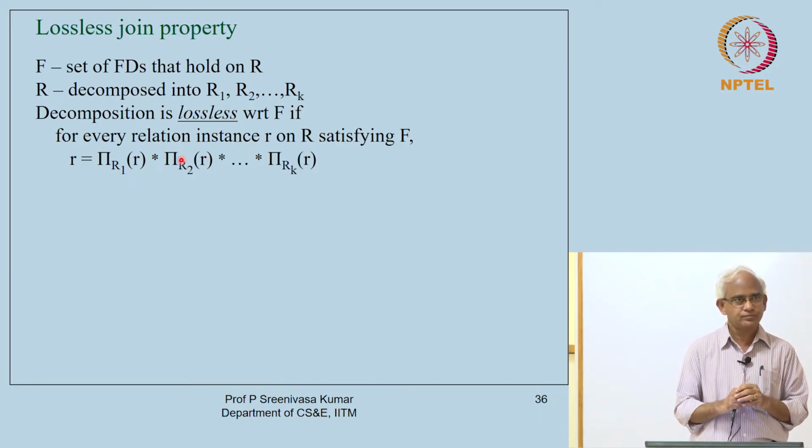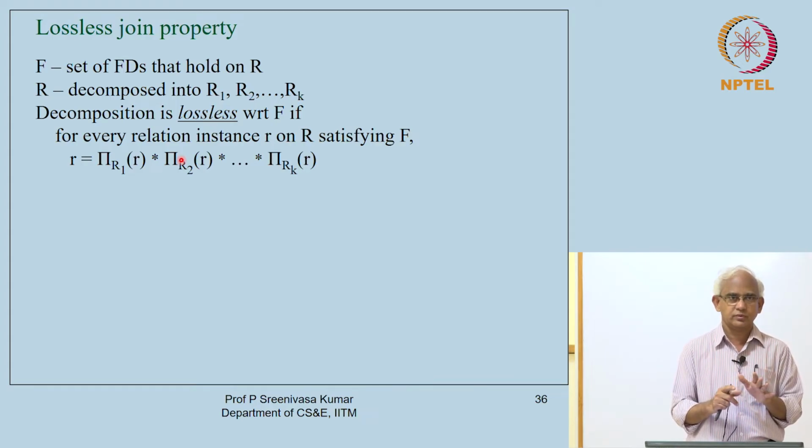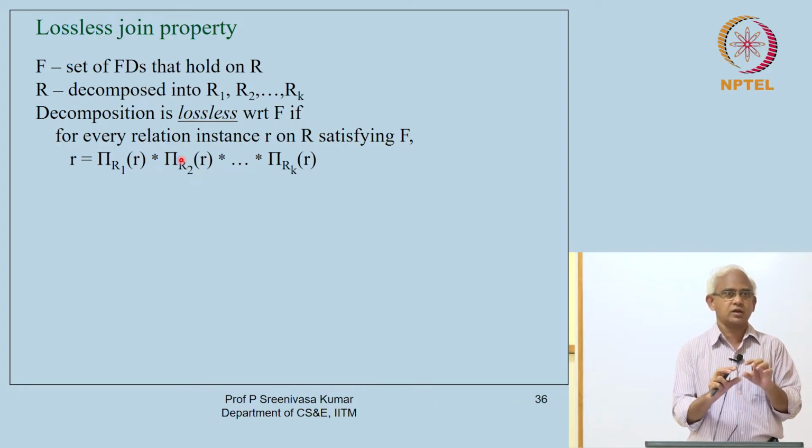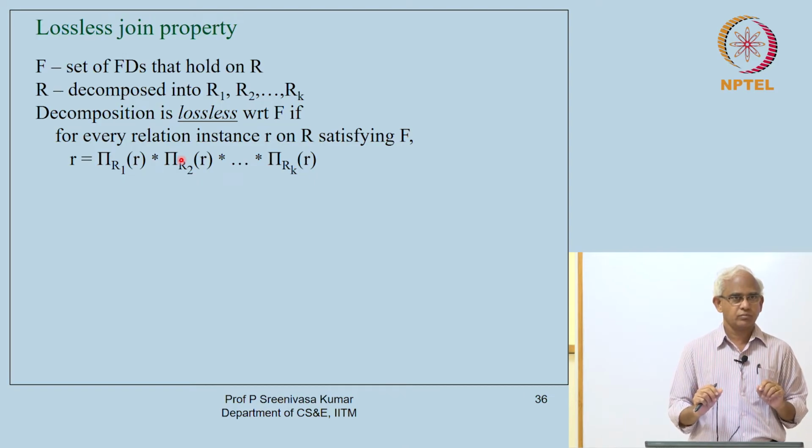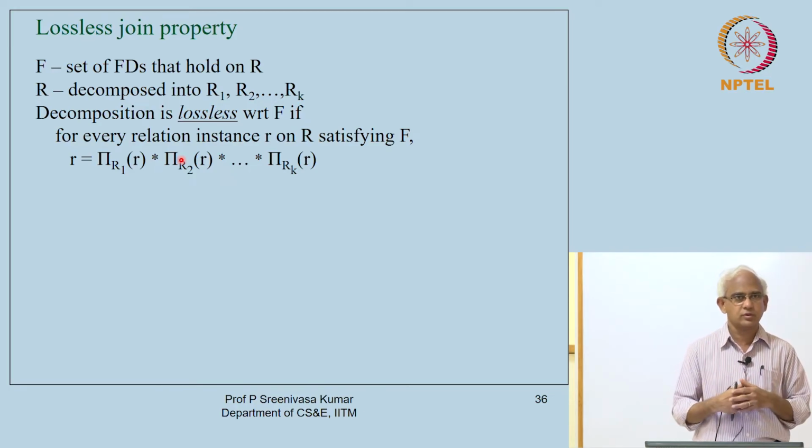Is that clear? I can repeat if you want. See, just consider one tuple in the original relation. We are assuming that the original relation is decomposed into two relations, R1 and R2. So if you take the tuple and project the data, one part of the tuple will go into R1, another part will go into R2, and because these two tuples exist in R1 and R2, when you do a natural join between them, you will always get back your original tuple.